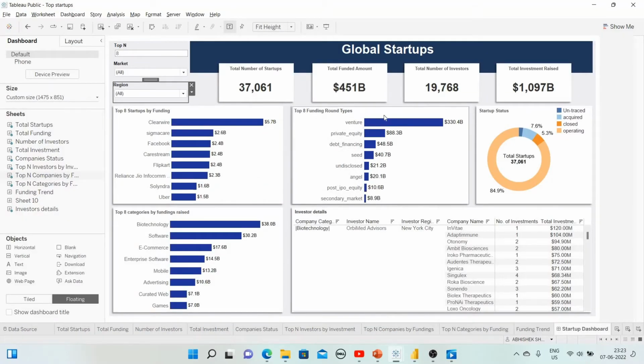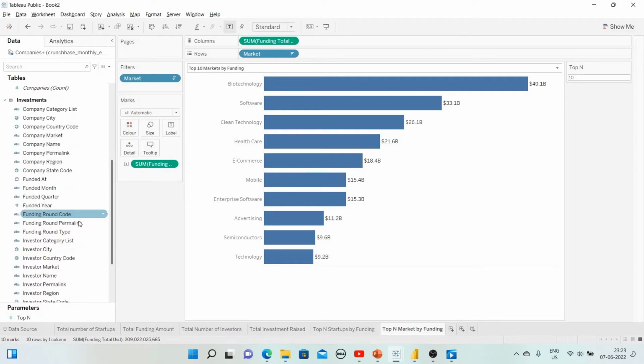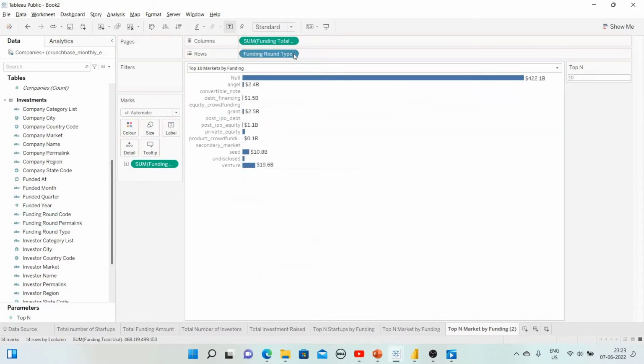The third visual is top 8 funding round types. So funding round we will get from the investment. So funding round type is here, right? So again, just duplicate this sheet. Let's follow the same steps. Just remove this market first from this filter pane. Funding round, drag it here,